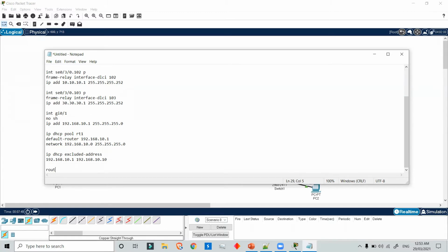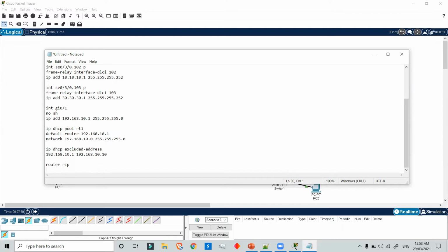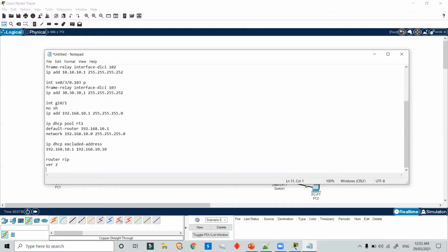Then we will configure routing using RIP version 2. Network 10.10.10.0.